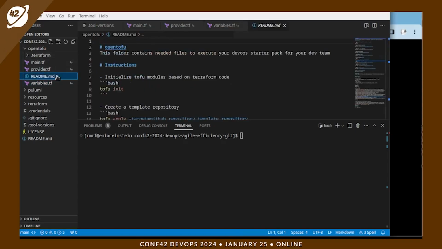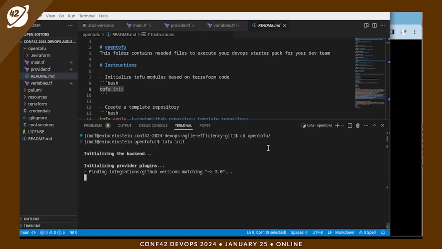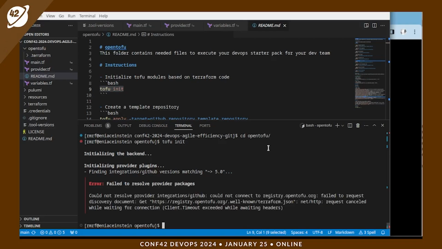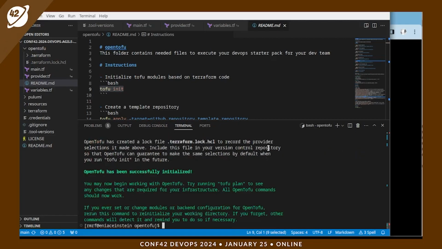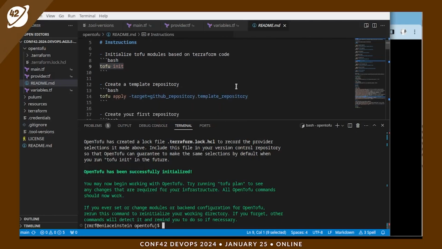So let's move very quickly to this readme on OpenTofu, sorry, and we enable tofu. So we need to move exactly to the tofu side or OpenTofu folder, and we can initialize this repository or this configuration very quickly. I don't know what happened here. Let's present this command, because it's not normal, that is not the normal output. So we saw here exactly the initial configuration, and we also generate the first template